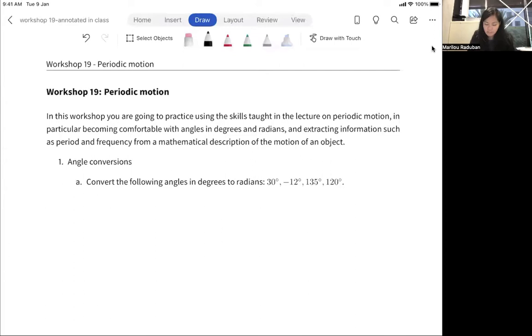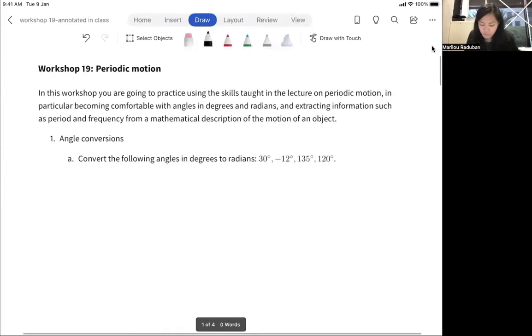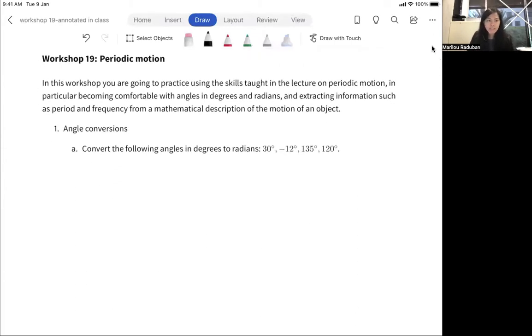Okay, we can look at some solutions to the questions in this worksheet on periodic motion. So the first question is about converting angles in degrees to radians. Converting angles from degrees to radians, we need to multiply